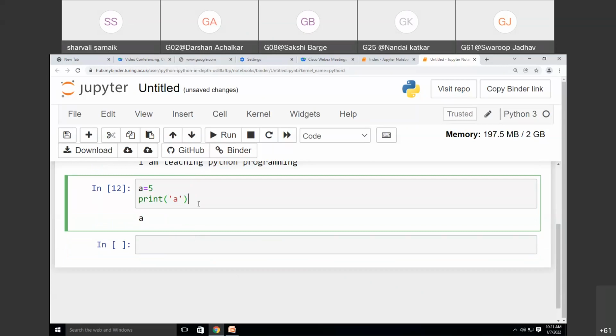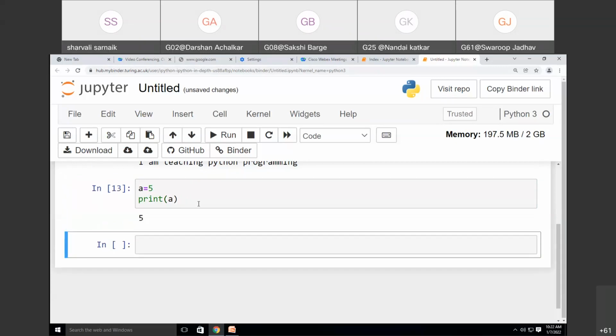But I don't want A as an output. I want the value which is stored inside A. This means I want the answer as 5. So I will remove these quotes and simply put A. It will retrieve the value which is already stored in variable A. See, when I run this, I am getting the answer as 5.